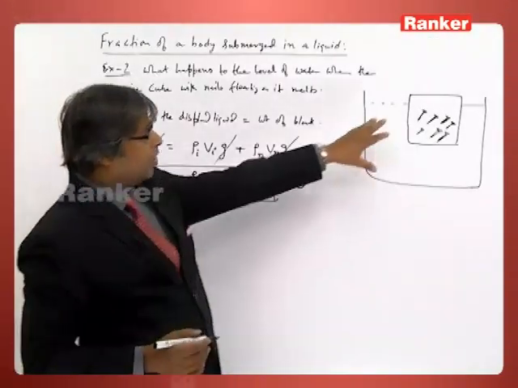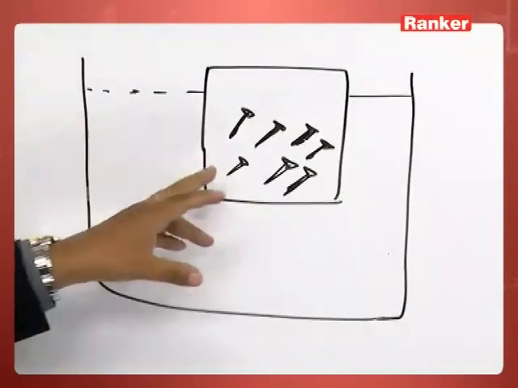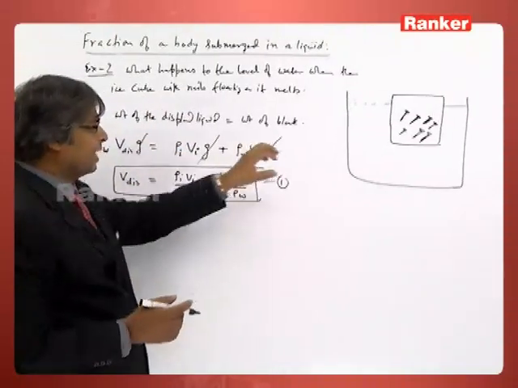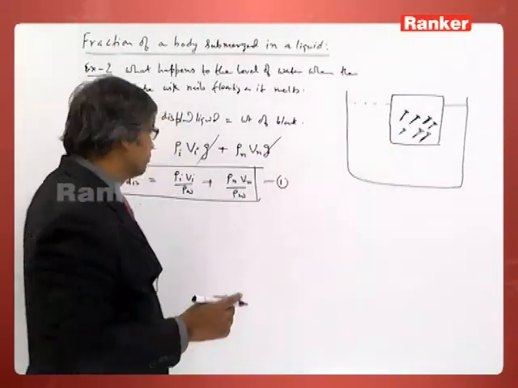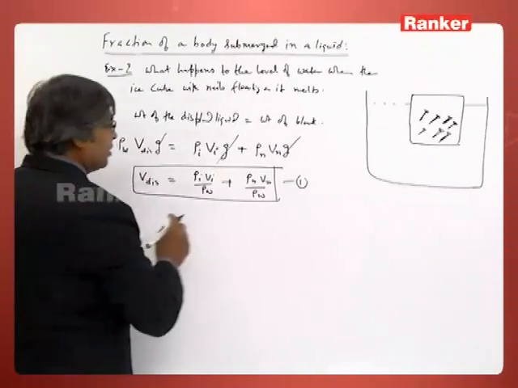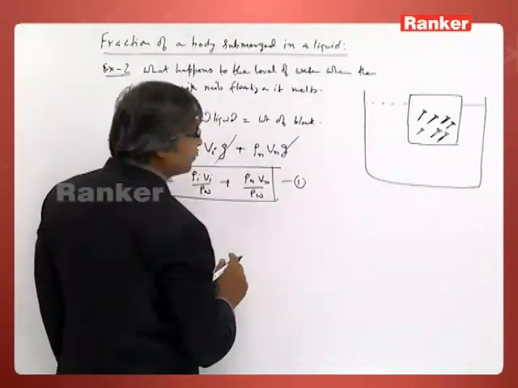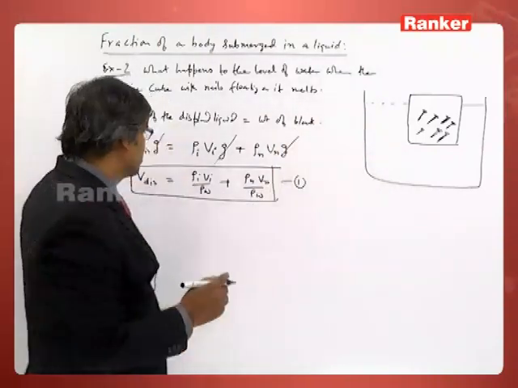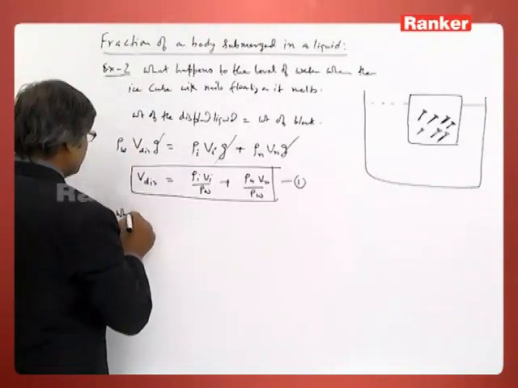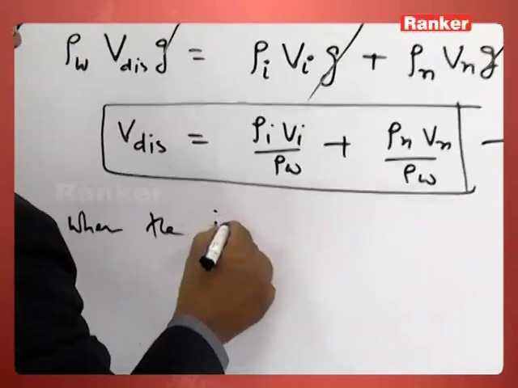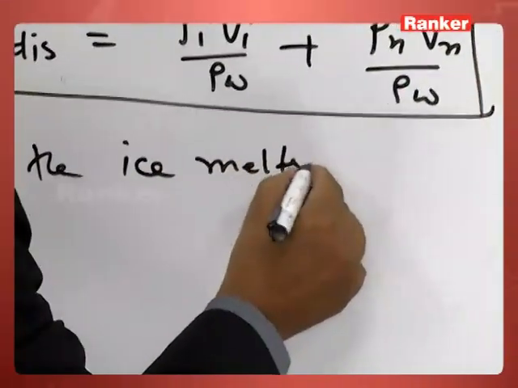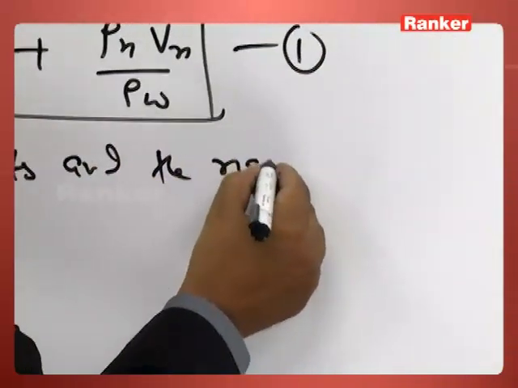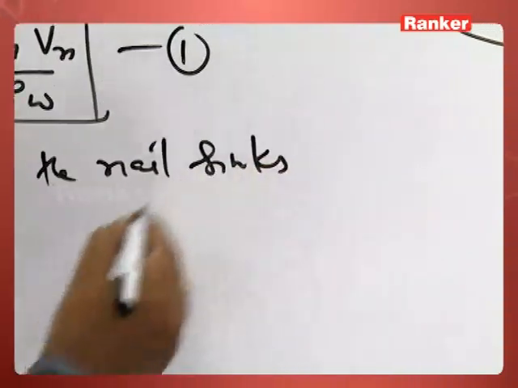Now when all the ice melts, the nails are deep inside water. Both will sink, and we will see what the new displaced volume is. So now when the ice melts and the nails sink,